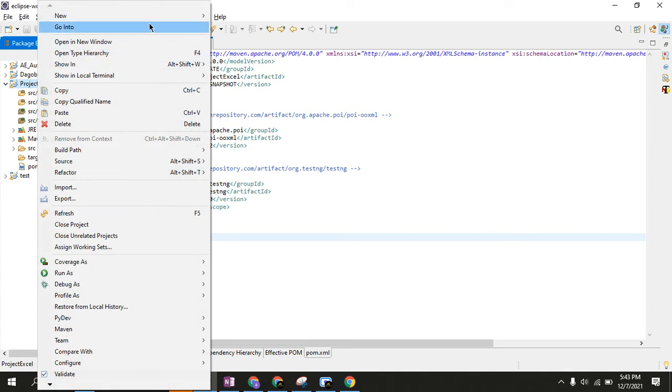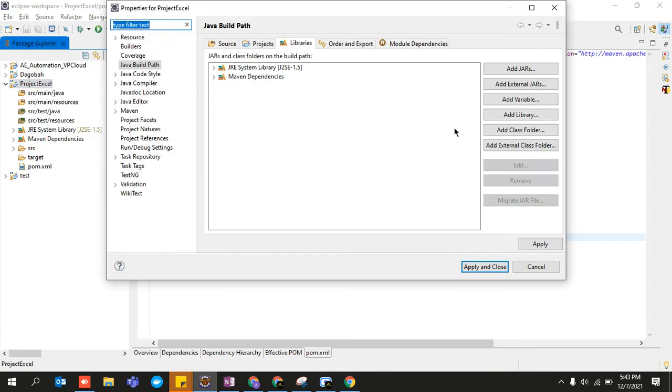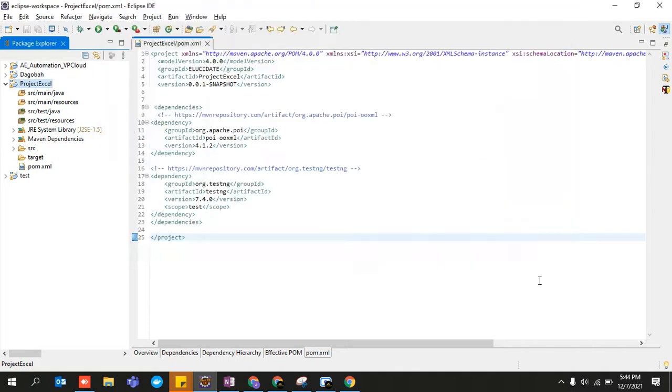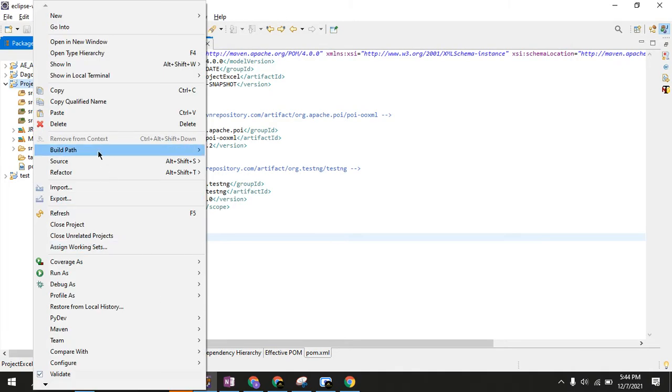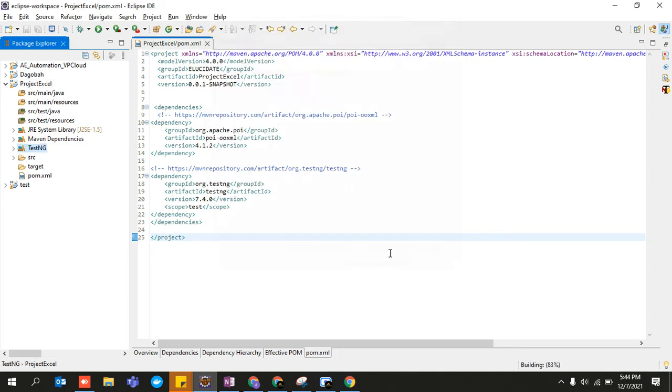Now I have to go to my build path, configure my build path, and add libraries of testng because I am going to use testng. So this is why I'm adding the testng library, and here it is.